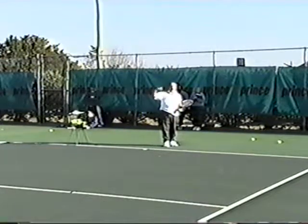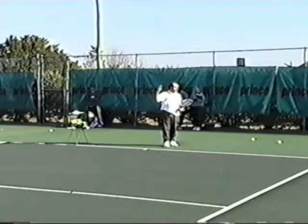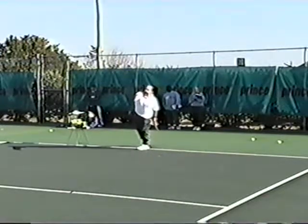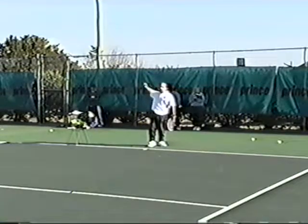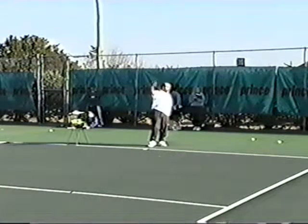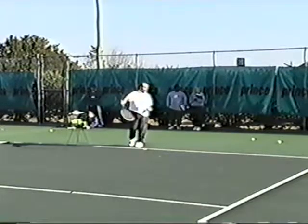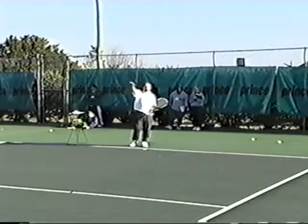Serve 6 to 8 times. That's how long that'll last before your body gets used to it. 3 sets of 3. You can do that every day. You can also have them throw tennis balls as hard as they can, as far as they can. Now your central nervous system is set to have your arm travel at this speed. It's not so much resistance. Now you have them pick up the racket, which is a little heavier, and it's still going to try and move that way. So again, these are things you can do with your girls to help them learn to throw,